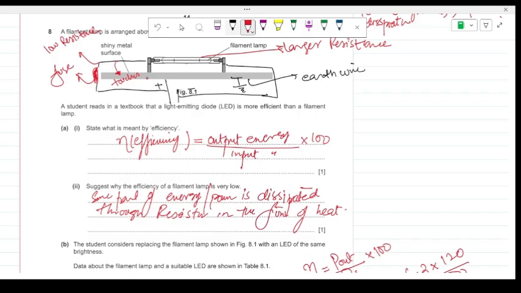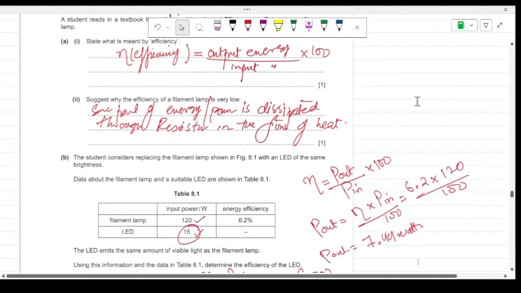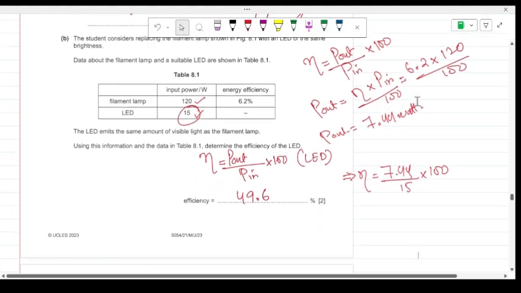So when the live wire touches the shiny metal surface, the majority of the current passes through the shiny metal surface, and there is a fuse present. So at some point the fuse will break and the circuit will also break, as no current passes through the wire. So we have to write this. Fuse